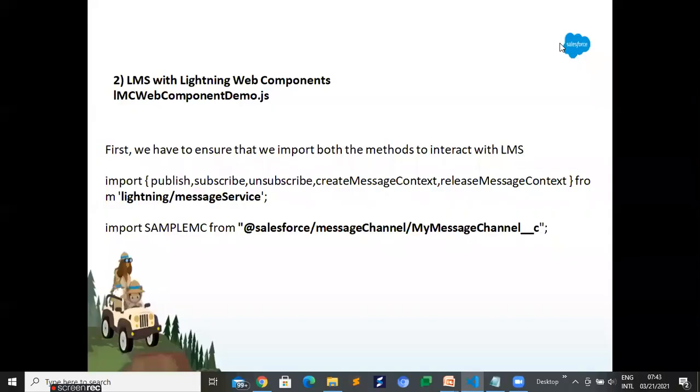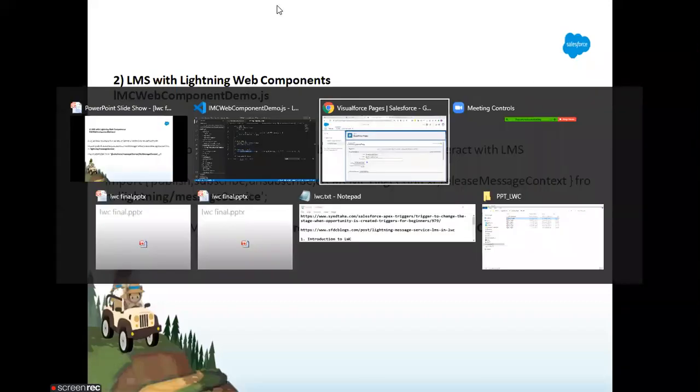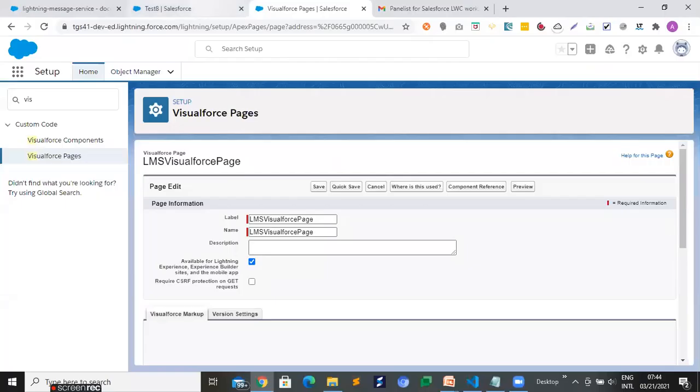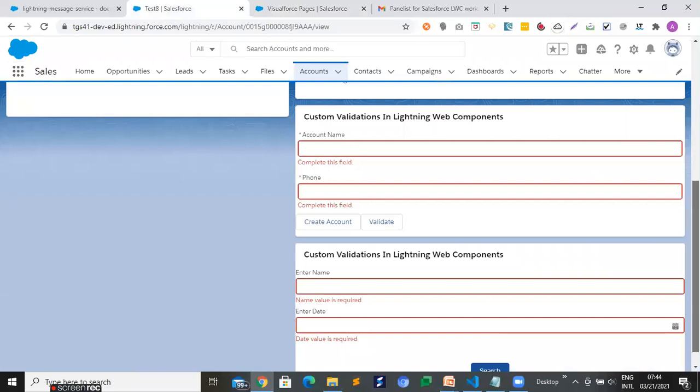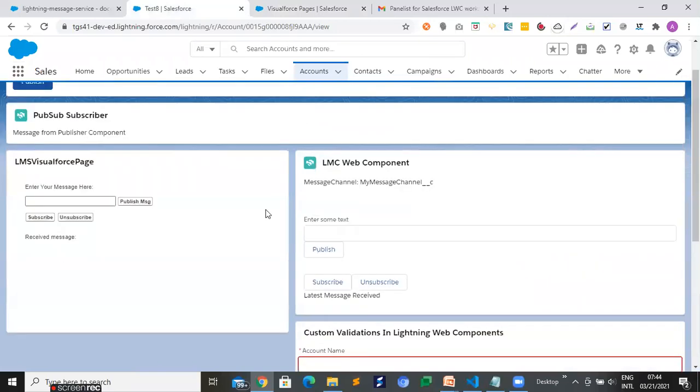So now look at the output. Now you can see I placed the VF page over here, right? That contains one text field, buttons for publish, subscribe, and unsubscribe, and one label that is used to display whatever message you get.